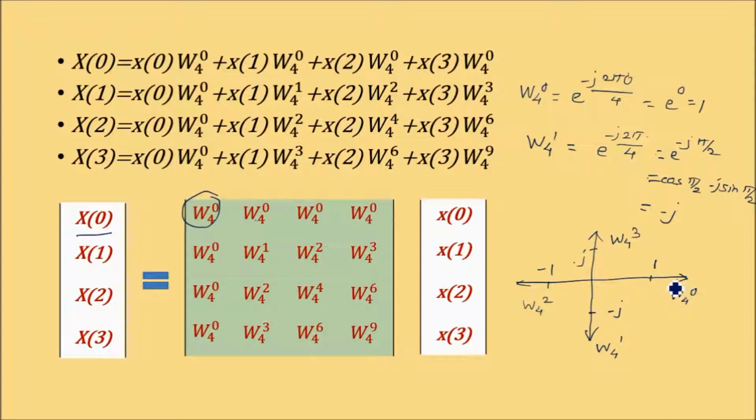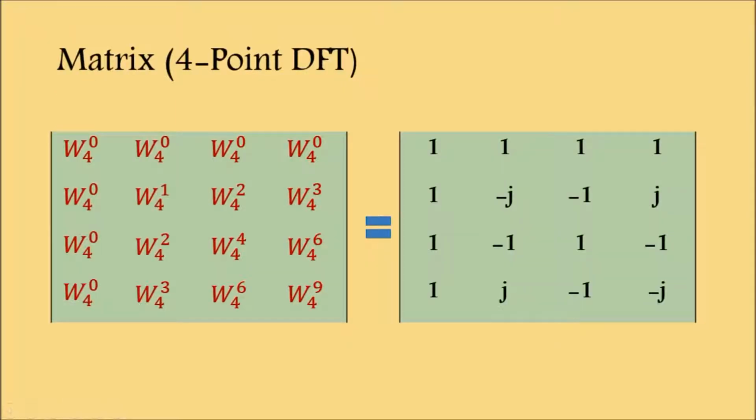So w4 raised to 0 is 1, w4 raised to 1 is minus j, this is minus 1 and this is j, and then it is recursive. This is w4 raised to 4, w4 raised to 5, w4 raised to 6, w4 raised to 7, then w4 raised to 8, w4 raised to 9 and so on. So by using that we will have all the values,